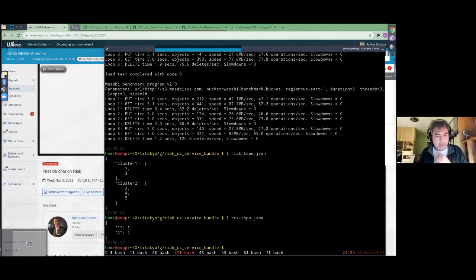No. Well, as a matter of course, yes. Those plans are mostly centered. Well, first of all, I want to officially release Riak CS. Once done with that, I'm going to turn to Riak TS. It's unfinished business that I have with them.